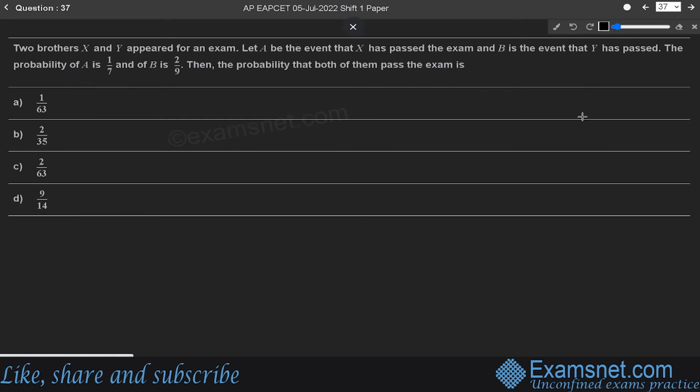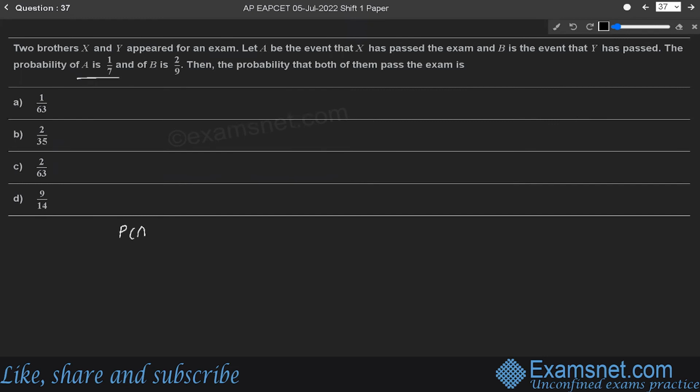Next question is, two brothers X and Y appeared for an exam. Let A be the event that X has passed the exam and B be the event that Y has passed. The probability of A is 1 by 7 and of B is 2 by 9. Then the probability that both of them pass the exam is,